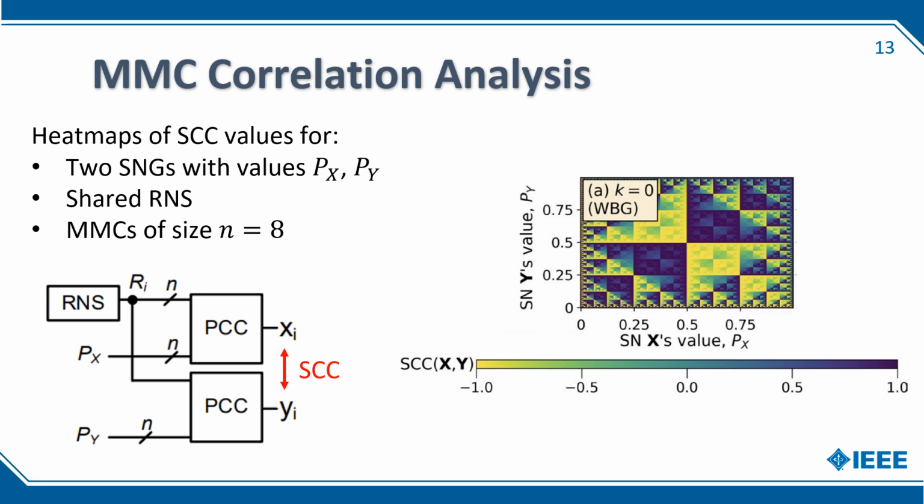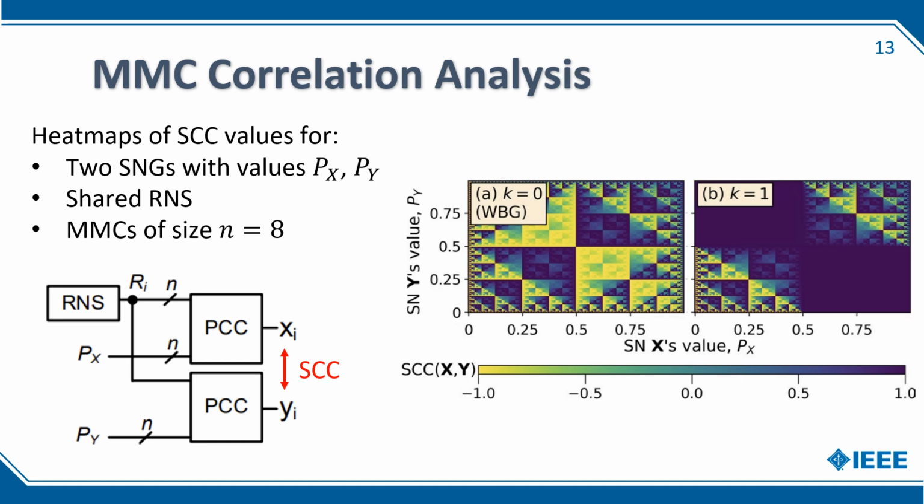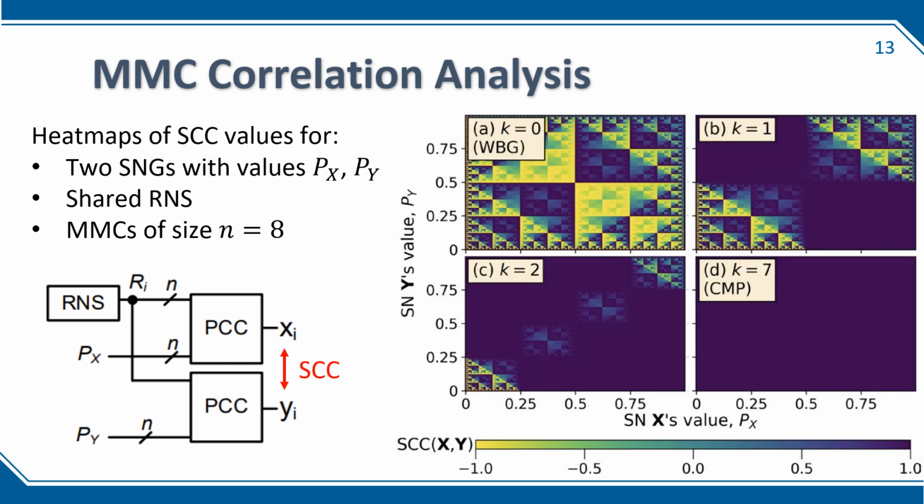When K equals 0, that is, the PCC is the WBG, the heat maps exhibit a fractal-like pattern that fluctuates wildly between SEC equals -1 and SEC equals 1. Each time we increase K, we can see that half of the remaining fractal pattern is replaced with area of solid SEC equals 1. Thus, increasing K by even 1 or 2 results in dramatically more consistency in terms of output correlation. This culminates in K equals 7, where the PCC is a comparator type and the correlation is always